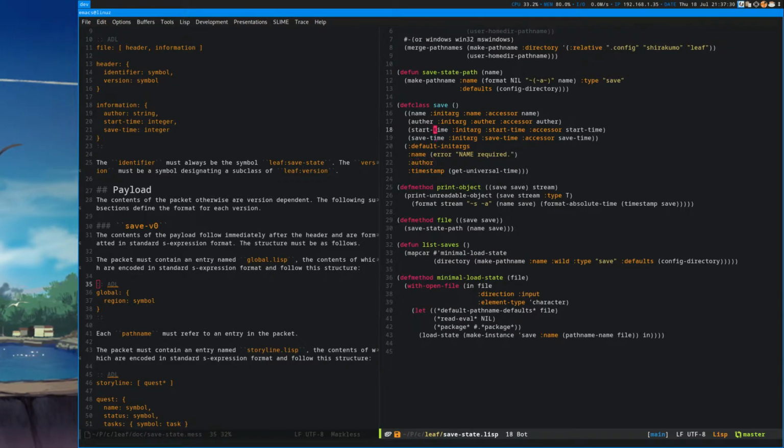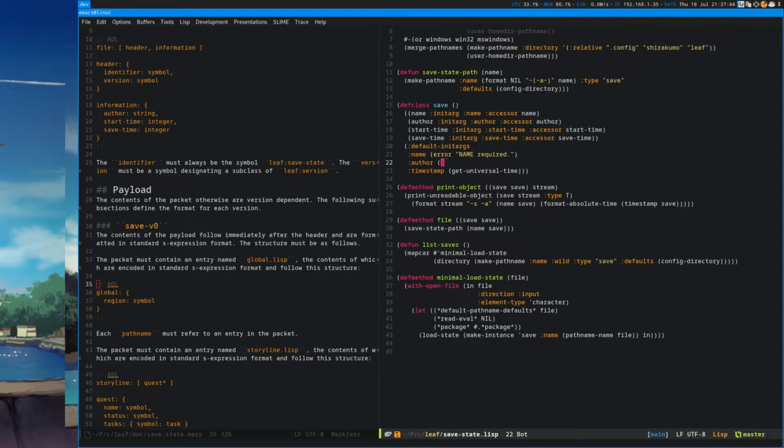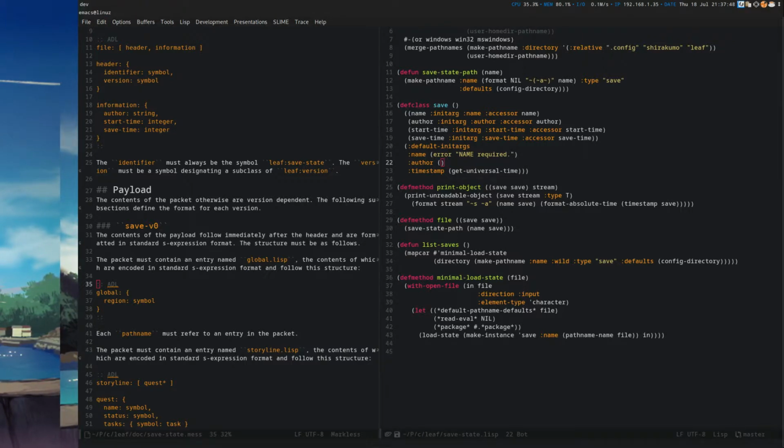Oh my god. Author typing. Not my favorite. Wasn't there a thing to get the username? I thought there was. Let me check. No, there's a thing to get the machine name, but that's not what I mean.